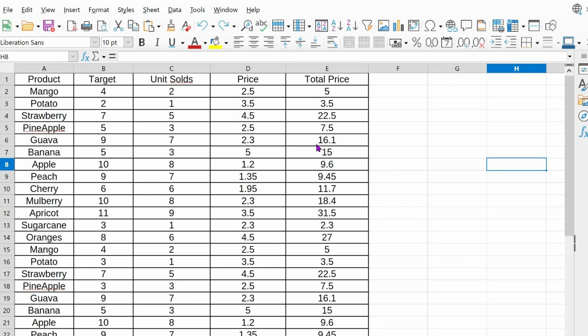Welcome back. In this video, I will show you how you can freeze rows and columns in LibreOffice Calc. So this is pretty simple and easy. So let's get started. So I have a data set over here and I want to freeze the first column